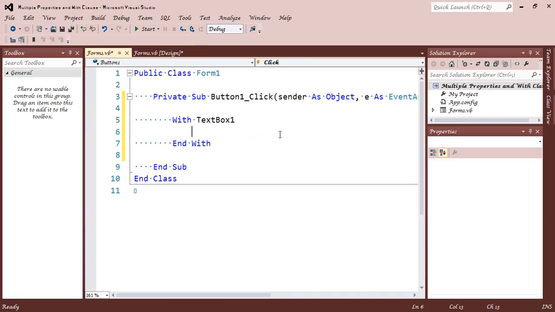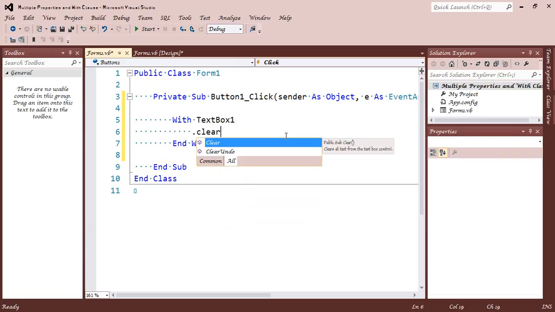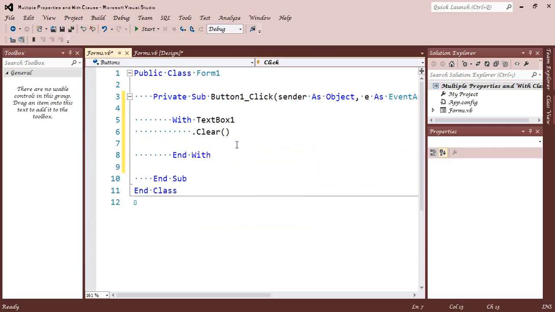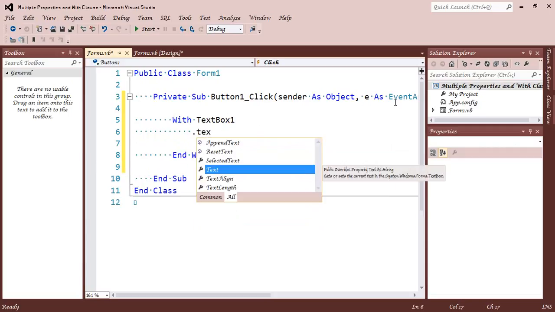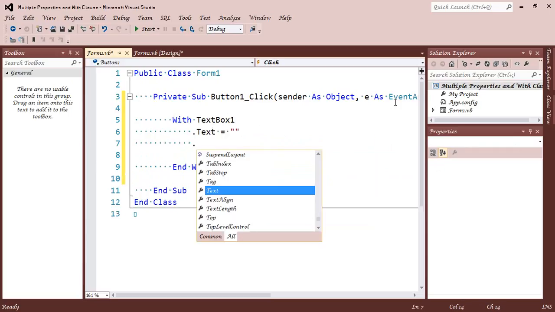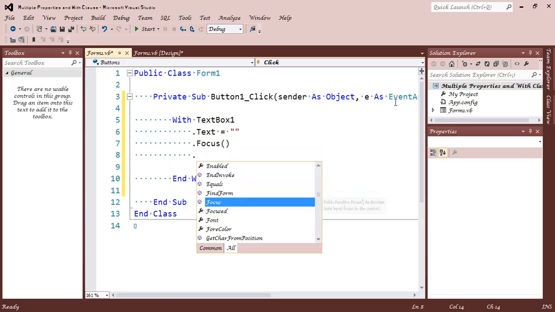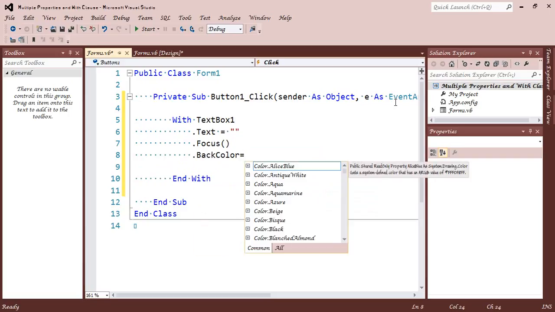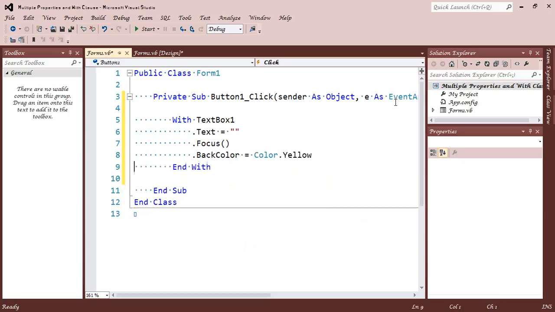So with TextBox1, dot clear, that just clears the text, or I can use dot text equals null, then dot focus, I want to focus on it, then dot back color equals yellow.